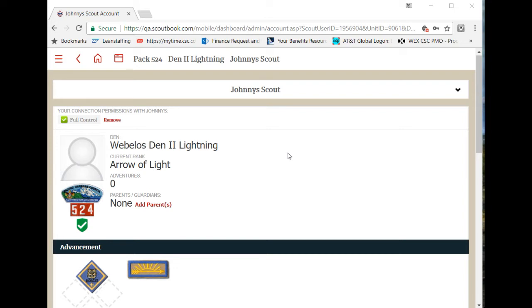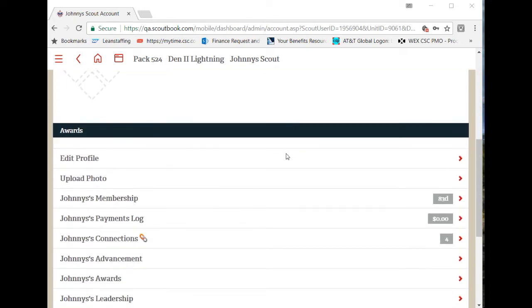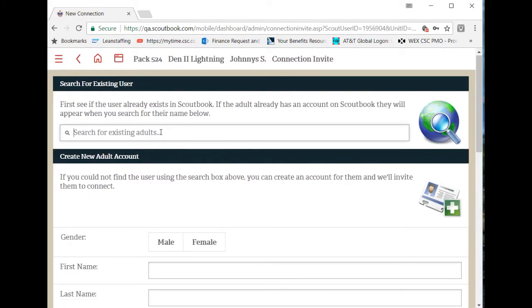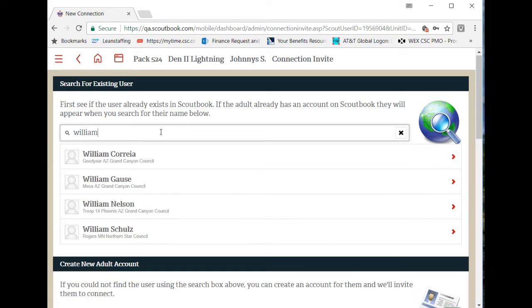After you've removed the current connections from all the other adult leaders except yourself, you want to invite the Scoutbook administrator from the unit that he's going into. To do that, you still do it from their connections page. You click add, and you search for the name of the person that you want to give rights to. As you're typing the name in, it does a search. You find that person